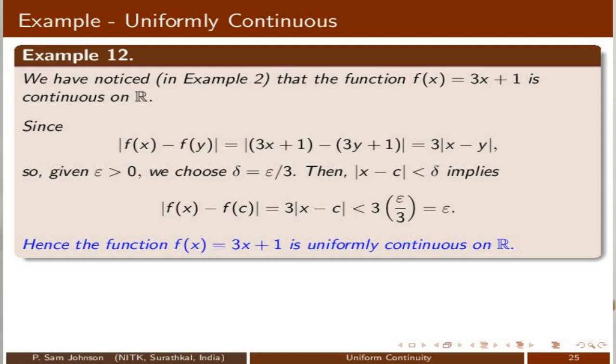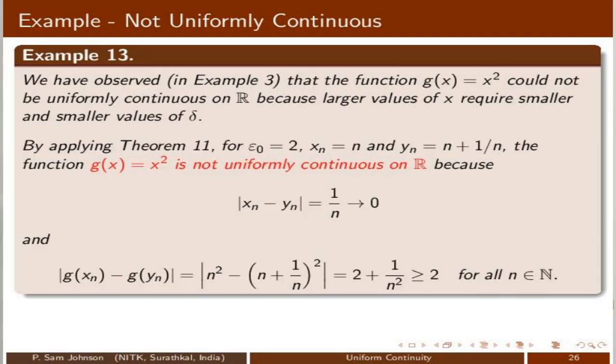Whereas we observed from the graph that g could not be uniformly continuous, we can apply Theorem 11, the sequential criterion for non-uniform continuity, by finding one suitable epsilon. For this epsilon naught, which is 2, if we take these two sequences, n and n plus 1 by n, this function g(x) is not uniformly continuous, because